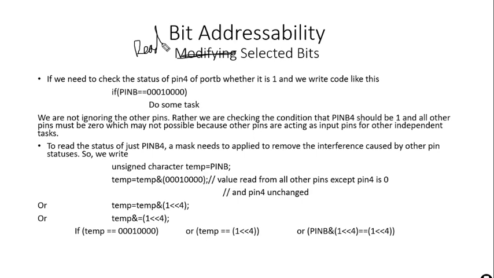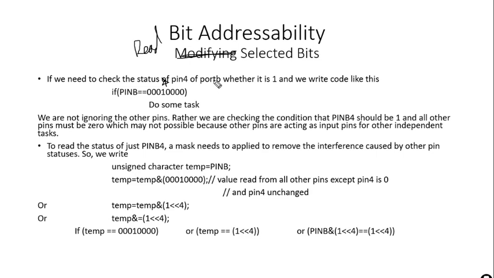Suppose we are in a situation where we have to read the status of just one bit of a pin, let's say pin B. We need to check the status of bit number 4 here, whether it is 1 or 0, and perform some operation. Normally, if I ask students for the first time, they come up with a code: let's say if PINB is equal to 0001 0000 with all other zeros, to check whether port B, because again the limitation is we cannot read the selected bit in C.